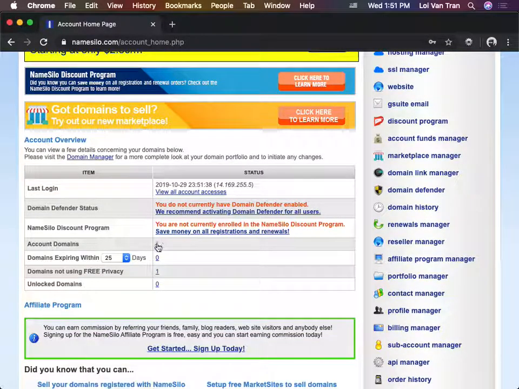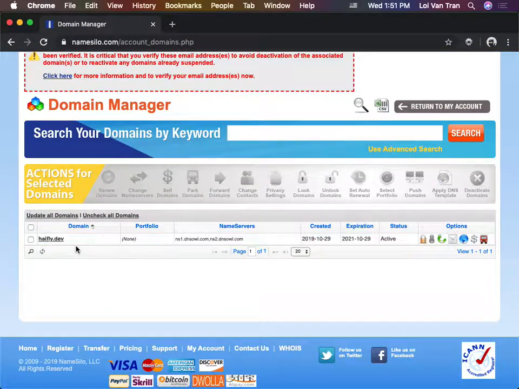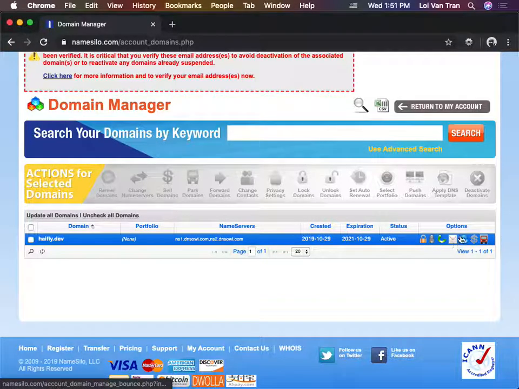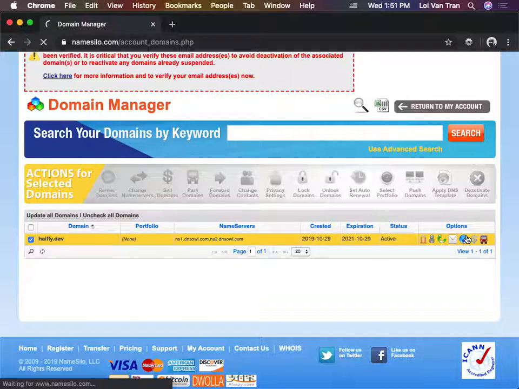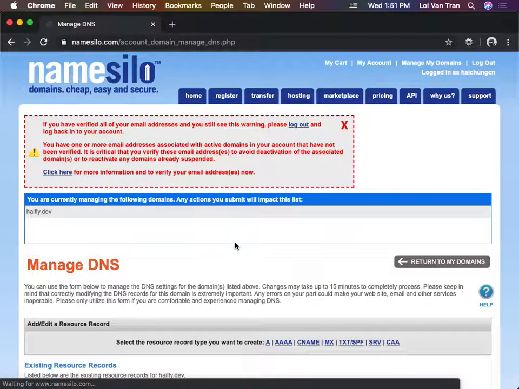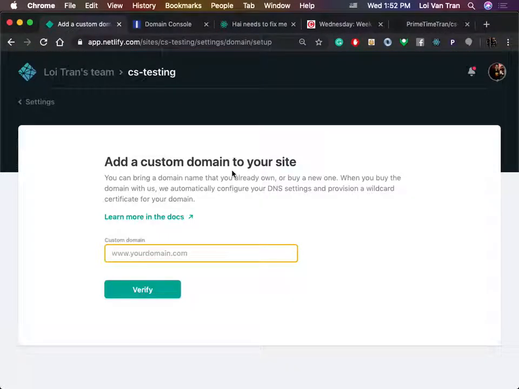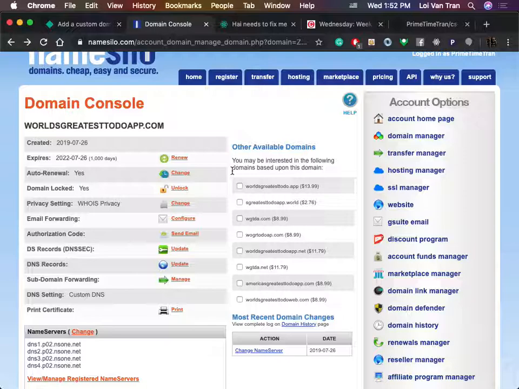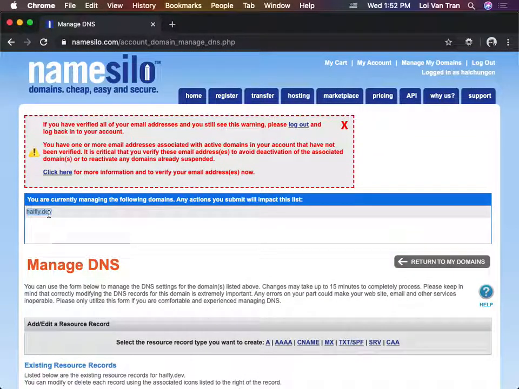We're gonna go back here, account domains. We're gonna click on this thingy. Where is it at? Manage DNS for this domain. That's what you want to click right there. What? Okay, so then here you can see this magical stuff right here. I don't exactly remember what to do, so we're just gonna follow the steps on Netlify. Oh, my bad, I skipped a step. What was the domain name? I forgot. Oh, here it is. So copy this,